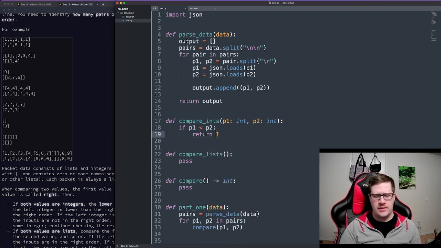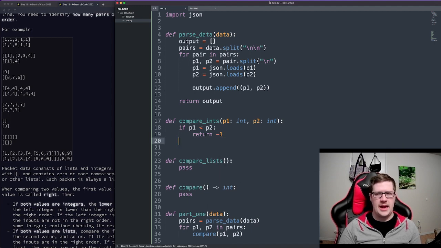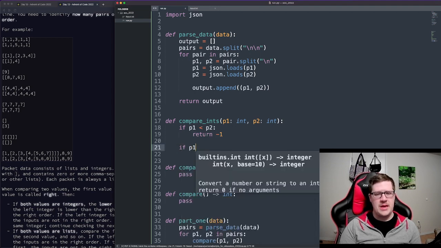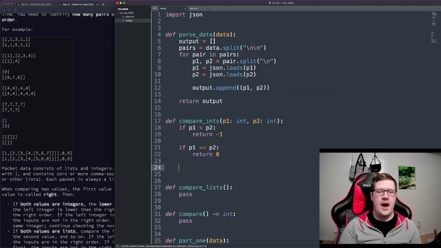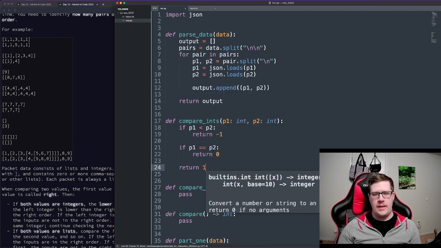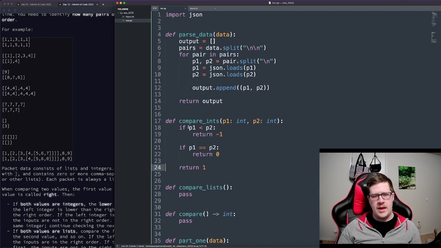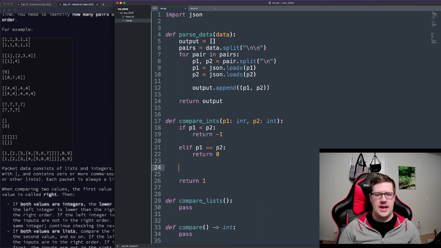Actually, let's do a -1. We're going to return a -1. And if P1 equals P2, we're going to return a 0. Otherwise, we're going to return a 1. Now, in this case, what's important to note is, okay, we have the 3 eventualities covered. I could say elif here, right? I could say else return 1. This would also work, but